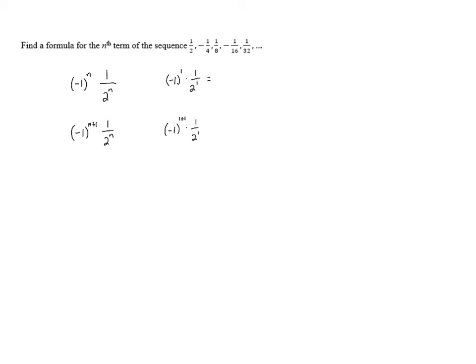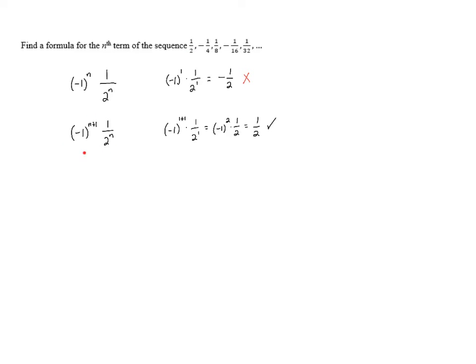Now for this first one, -1 to the first is -1. So this is going to be a negative fraction, -1/2. But in the second one, this is going to be -1 squared times 1/2. And we know a negative times a negative is a positive, so in this case we'll get a positive result. Now positive 1/2 is the correct first term. -1/2 is not the correct first term. We can just see the first term is positive 1/2.